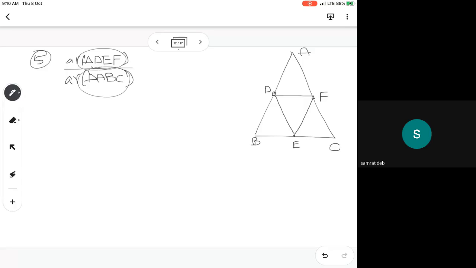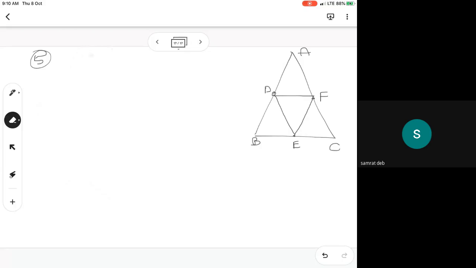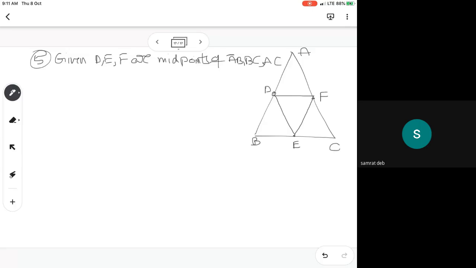So here it is given to you. First, this is what we have to prove. So what is given, you write here. Given D, E, F are midpoints of AB, BC and AC sides. These are the midpoints. Okay. So by midpoint theorem, you can write,